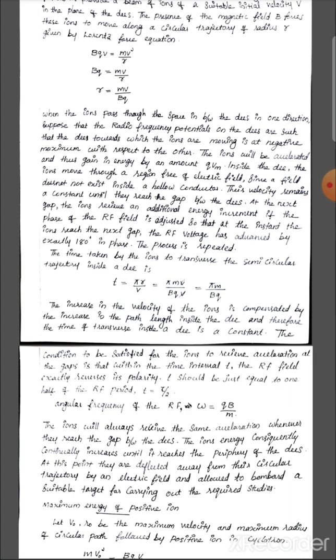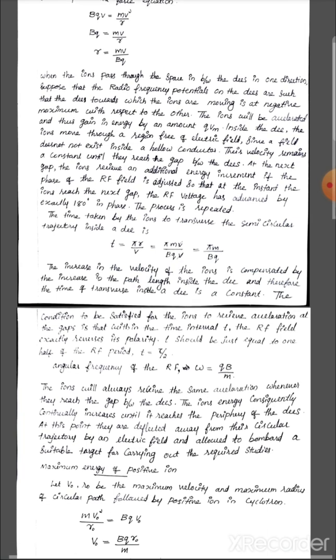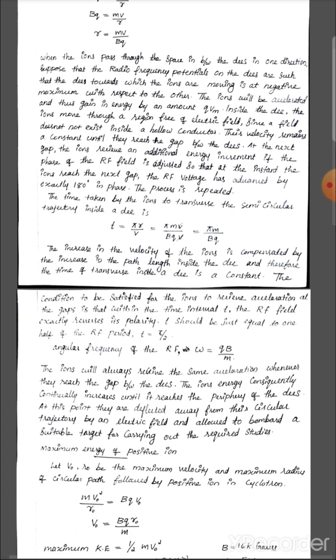When the ions pass through the space in between the disks in one direction, suppose that the radio frequency potential on the disks are such that the disk towards which the ions are moving is at negative maximum with respect to the other. The ions will be accelerated and thus gain in energy by an amount qVm. Inside the D, the ions move through a region free of electric field. Since a field does not exist inside a hollow conductor, their velocity remains a constant until they reach the gap